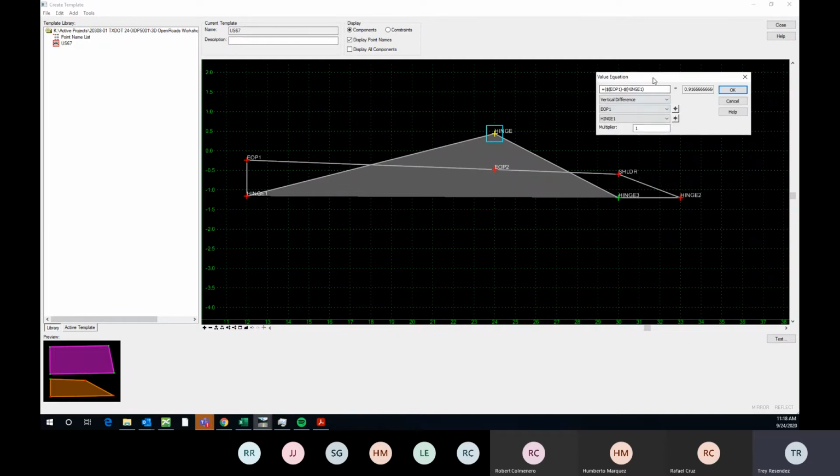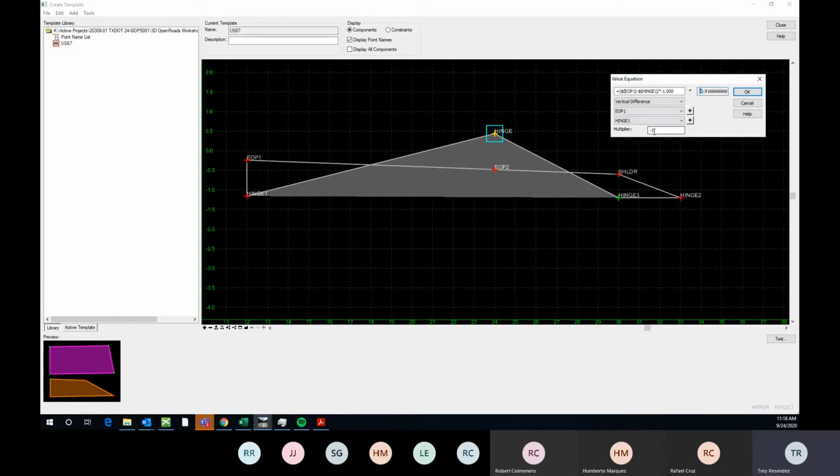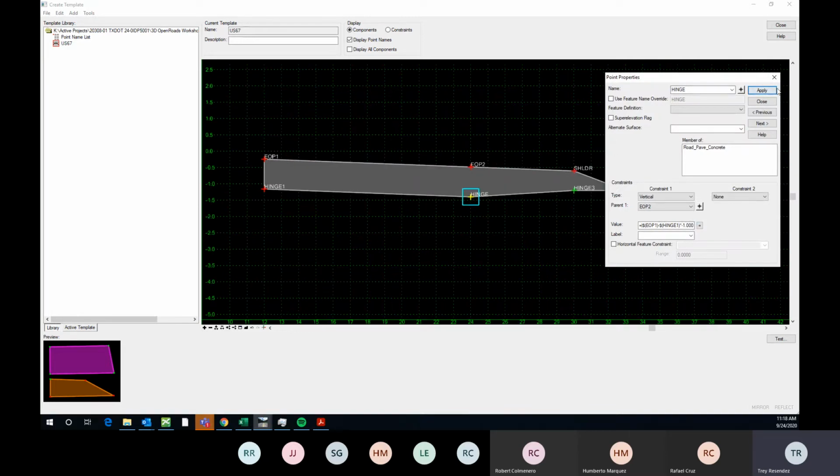But they gave us a multiplier here, which is really cool. So we can just hit negative, and if you saw, this value changed. If we change it, then it changes back. You can even do any other numbers that you want, so it's pretty cool. So I'll do -1 since we want this point to be below our EOP2. Click OK, hit apply,